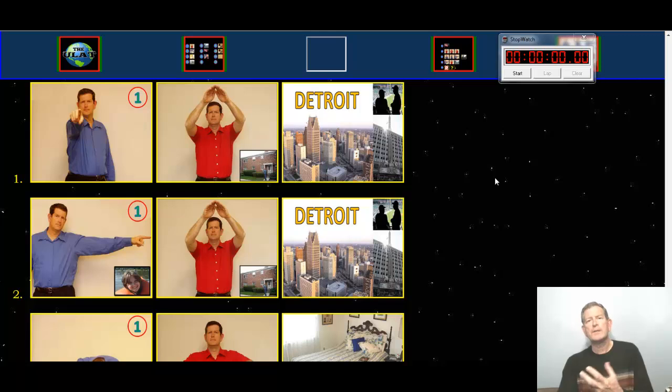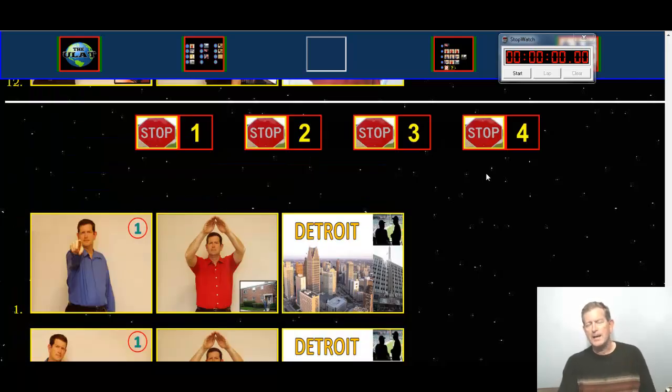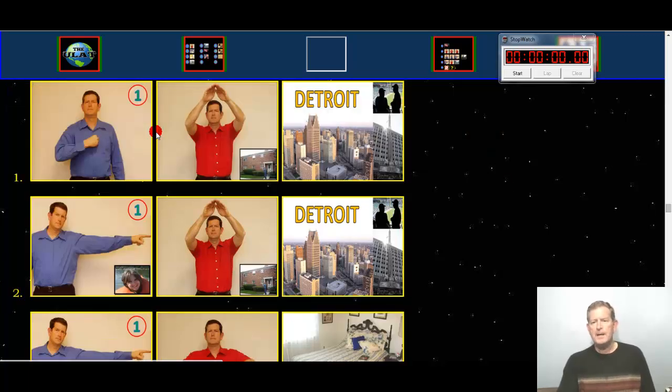All 4 forms cover the same material. They're just slightly different so that there's not the possibility the person could memorize the answers. I want you to understand what you're saying and not merely memorize the answers. So we'll start with test number 1. And in test number 1, I'm not going to time it. I'm going to talk you through the answers so that you might understand the grammatical points or the structural elements that are necessary to succeed in this test.